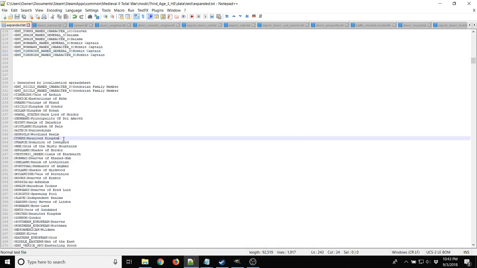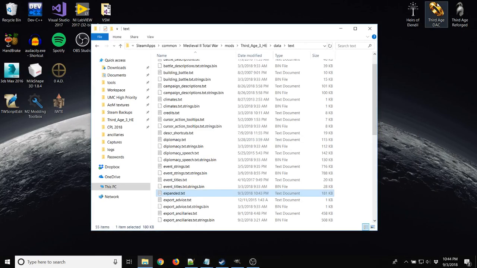compatible. Now you want to be cautious about having a faction name that is too long. Orcs of the Misty Mountains is a good reference to use because this is basically the limit. If your faction name is like 1 or 2 characters longer than this, it will not fit in some user interface elements such as the faction selection screen, possibly the diplomacy screen as well. So you don't want to make the faction name much longer than that. So if we were going for Reunited Kingdom of Arnor and Gondor, it probably wouldn't fit. So I'm just going to go with Reunited Kingdom here, and we're just going to test that and see what